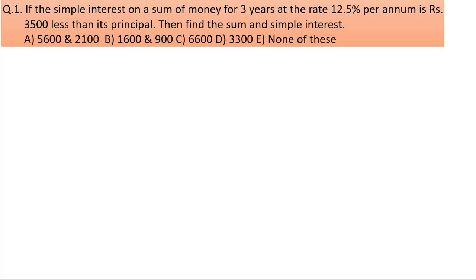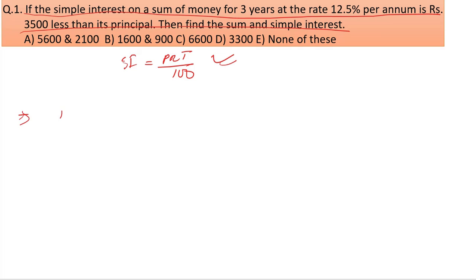Here in the first question we have, if the simple interest on a sum of money for 3 years at the rate of 12.5% per annum is rupees 3,500 less than its principal, then find the simple interest. Here, friends, simple interest is equal to principal times rate times time by 100. But in this video I will not use this formula, but I will use a different